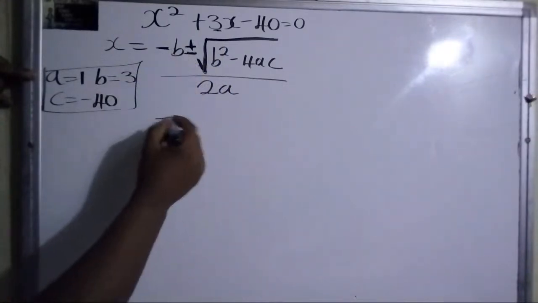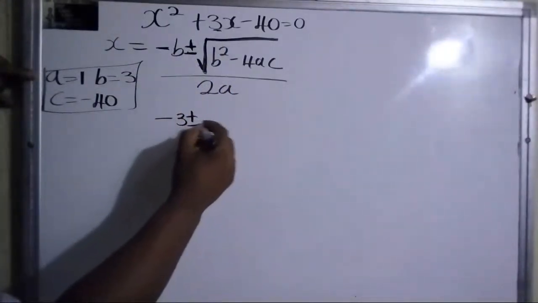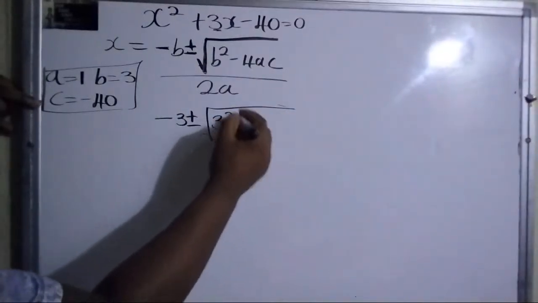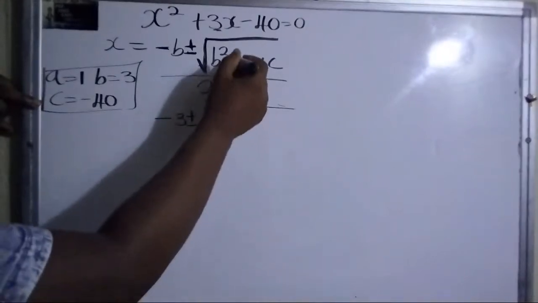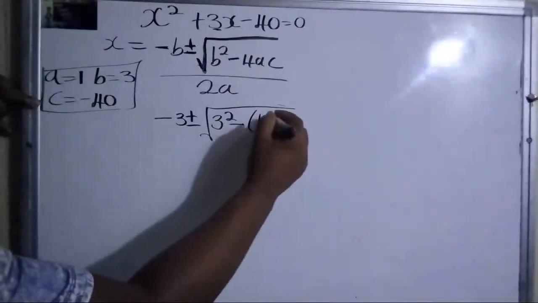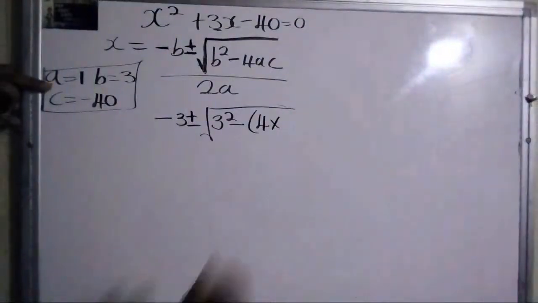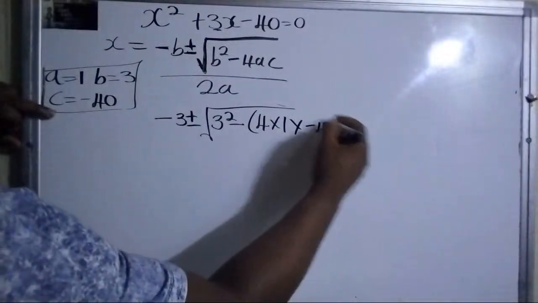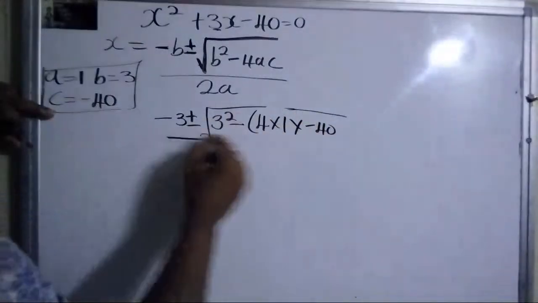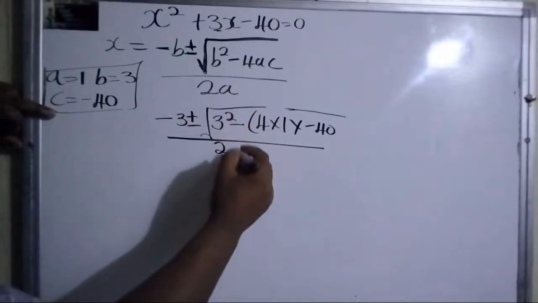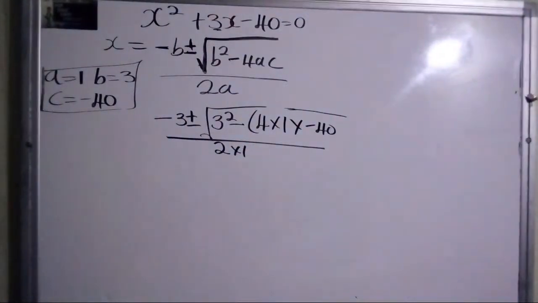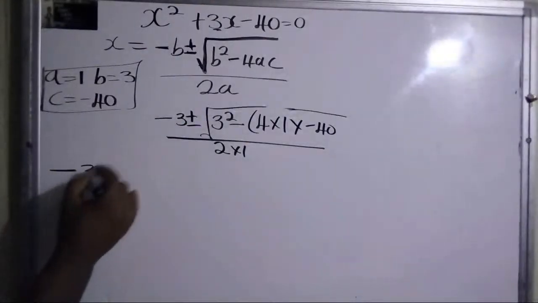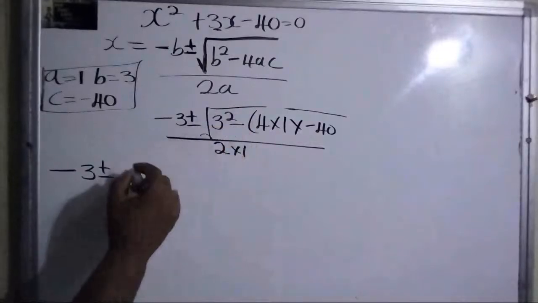minus b, so that's minus 3, plus or minus b squared, which is 3 squared, minus, because that's part of the formula, bracket, 4 times a. A is 1, so we put back the 1, times c, which is negative 40, all over 2a, which is 2 times 1. Alright, I could tidy up now. So this is going to give us negative 3 plus or minus 3 squared, which is going to give us